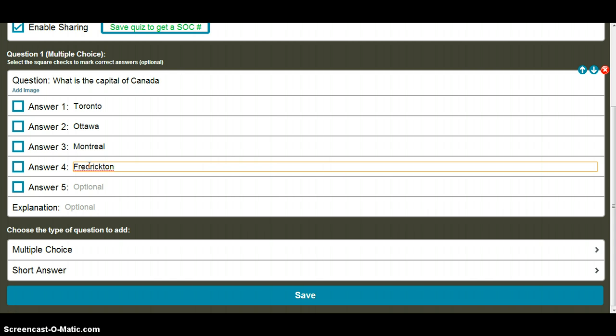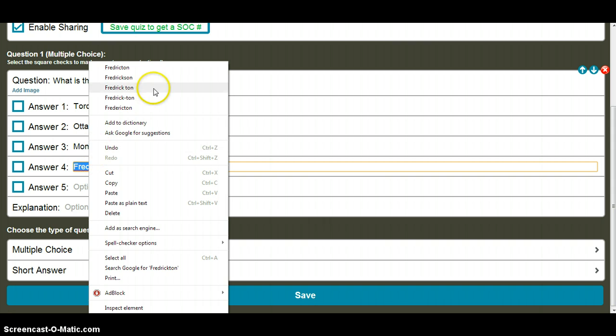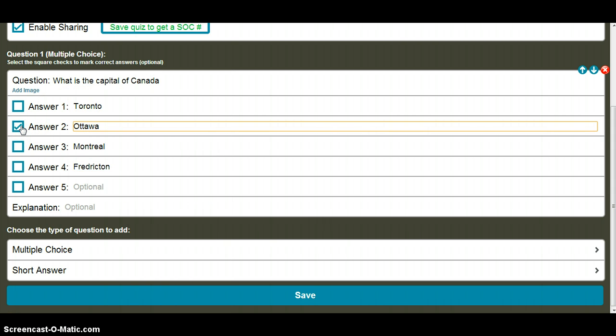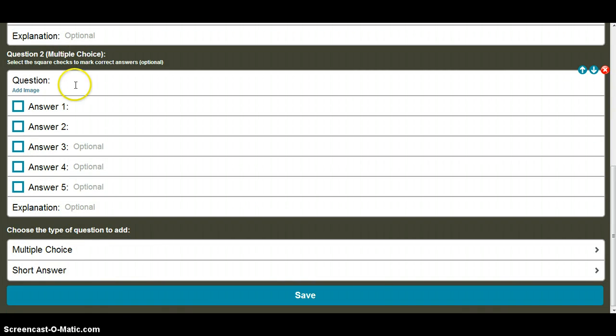And then at the end, you check on the left hand side of the question which answer is correct. And you can continue adding questions until you're satisfied with the length of your quiz. So how many